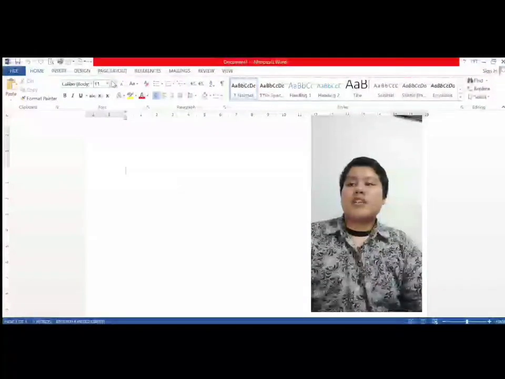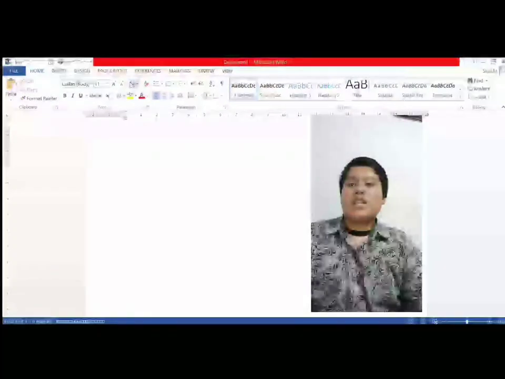This icon is the function to make your text a bit bigger. This is the icon to make your text a bit smaller. This icon is the function to change the selected text to uppercase, lowercase, or other common capitalization.